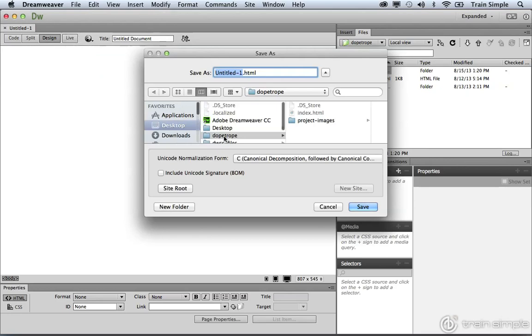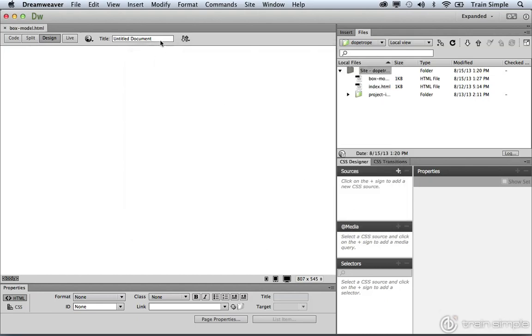Save this in the Dope Trope local site folder. We're going to go ahead and save this as box model. And once you save the document, you can go ahead and title it. You can title it something like Working with the Box Model. And once you have this document titled, we're ready to start adding some content that we can apply some of